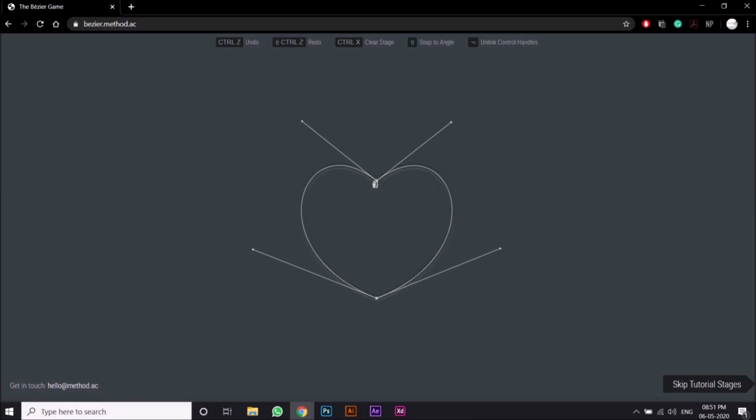To make this heart, you have to make use of the Alt key, which I have told you. You have to click here, and then press Alt, and then do this, and then click here, and then drag it like this. Then press Alt and get this here, and then click here, and then just do this right here like this, and I have formed the heart. You can play this game and make your pen tool skills better.